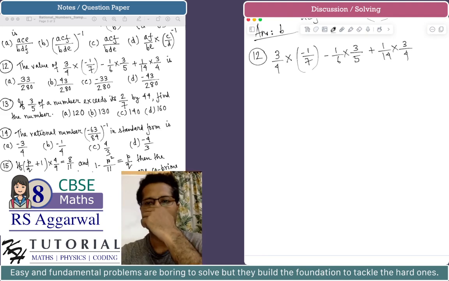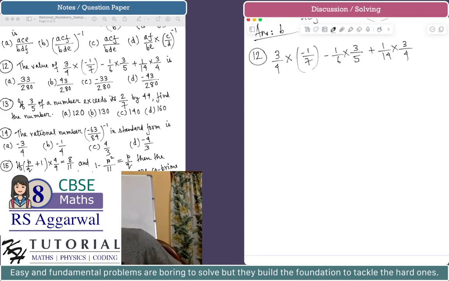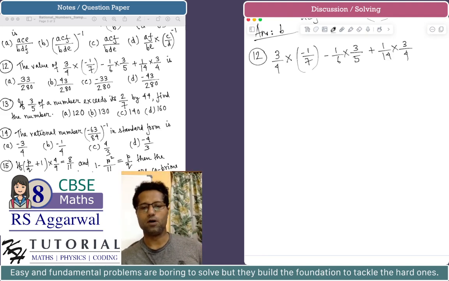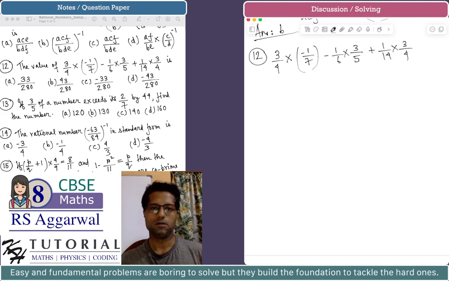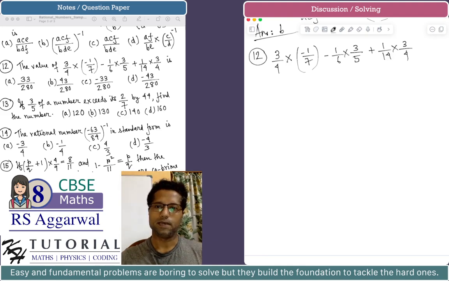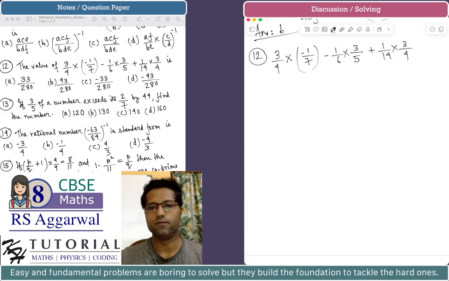Now, seeing the expression patterns, how the multiplication, subtraction and additions are given, you can probably apply some law, that is the distributive law of multiplication over addition or subtraction, or the commutative law or associative law. Always try to see if you can apply any of those laws in a simplification problem. So I can see that the first term and the third term have a common factor of 3 by 4. So if I